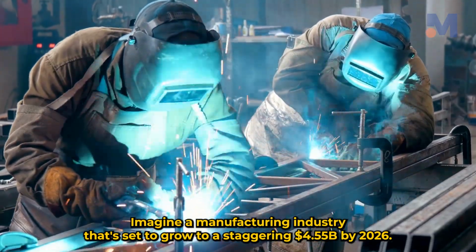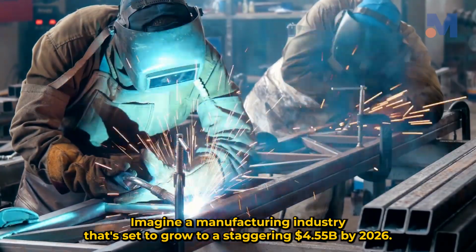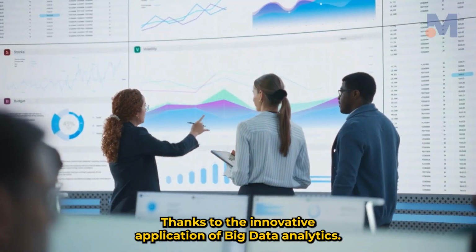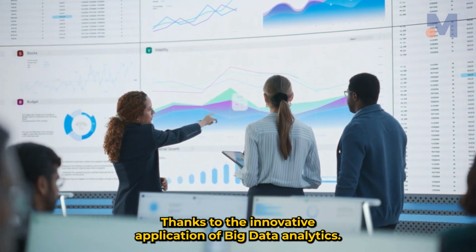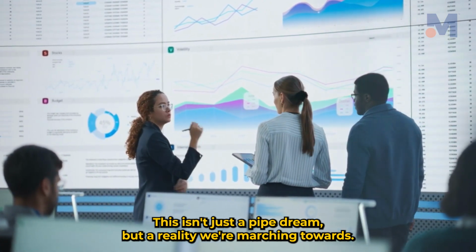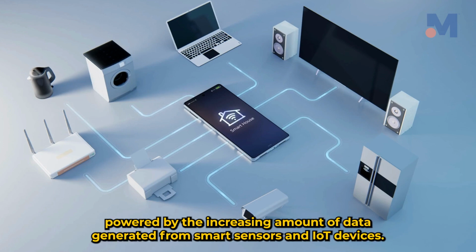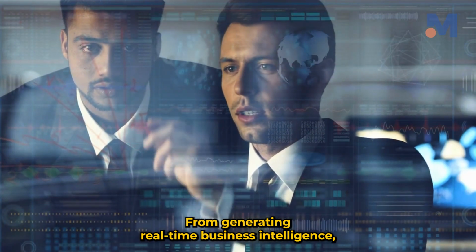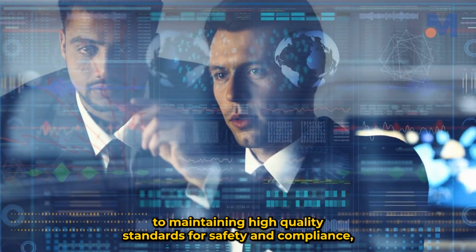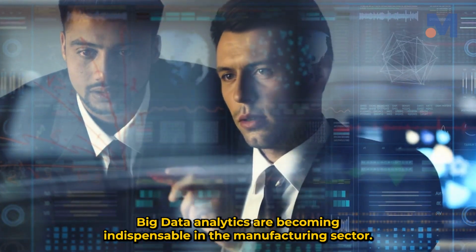Imagine a manufacturing industry that's set to grow to a staggering $4.55 billion by 2026, thanks to the innovative application of big data analytics. This isn't just a pipe dream, but a reality we're marching towards. The next 18 months promise significant innovation, powered by the increasing amount of data generated from smart sensors and IoT devices. From generating real-time business intelligence to maintaining high-quality standards for safety and compliance, big data analytics are becoming indispensable